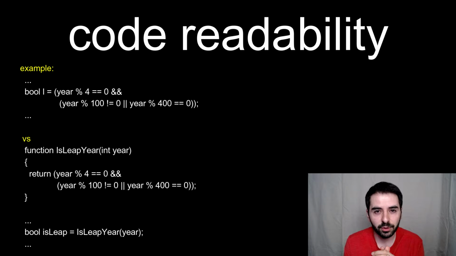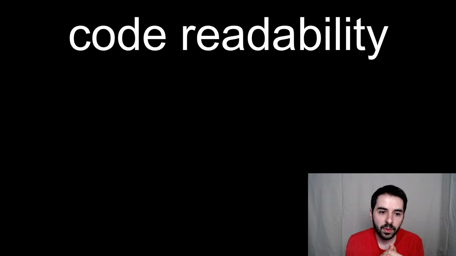So even I don't remember all the details, but the logic is, if you're not familiar with this, you might not know how this is done. So instead of making this complex Boolean expression, even if it can fit in one line, you can just wrap it in a function and name the function is leap year. And that's it. So now your code, instead of reading this expression and thinking what it does, has this one line saying, is leap year, and then the year. So I think it's pretty obvious what it does. So that's the third benefit that we get with functions, which is